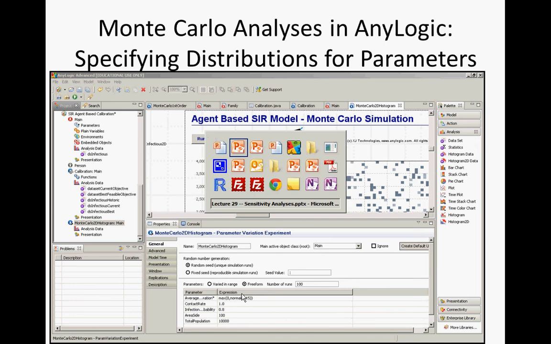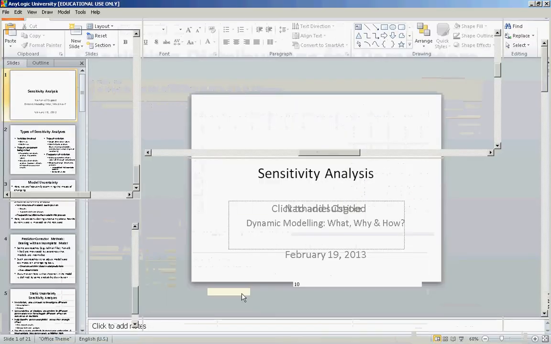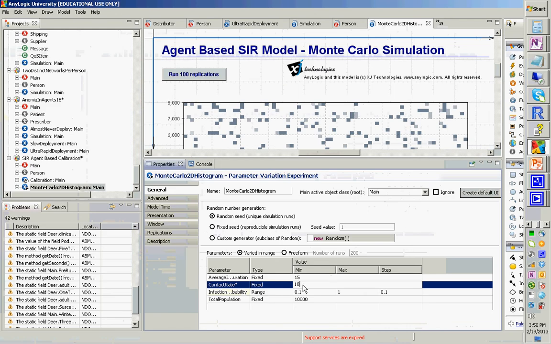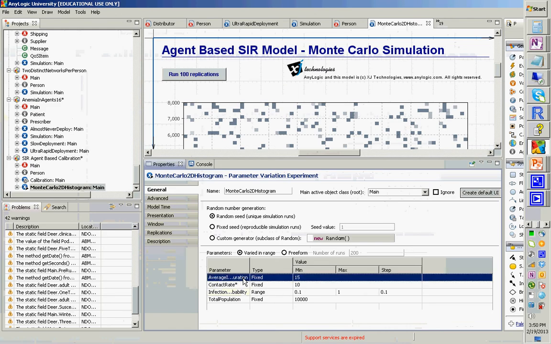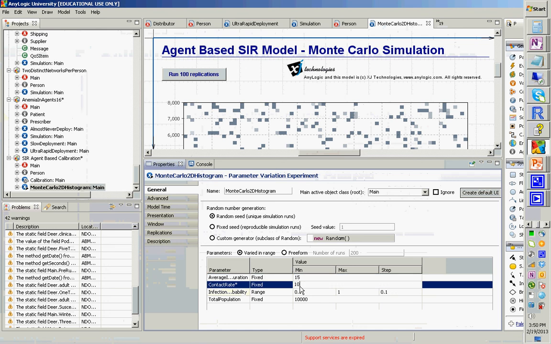My guess is that AnyLogic would complain. So what the heck, let's put something uniform from 0 to average illness duration. This is meaningless, because the units are completely different, but I'm just trying to see, in principle, could you do this? I suspect AnyLogic will be displeased with my